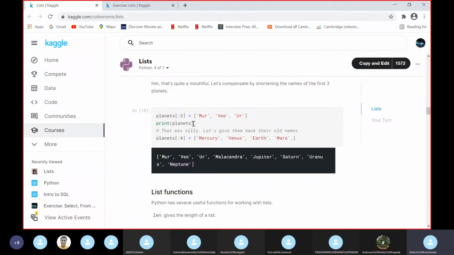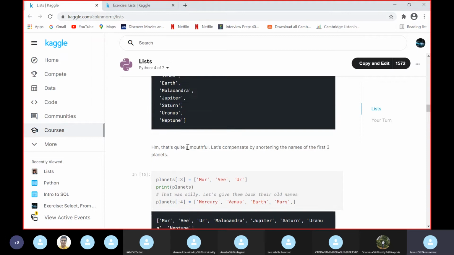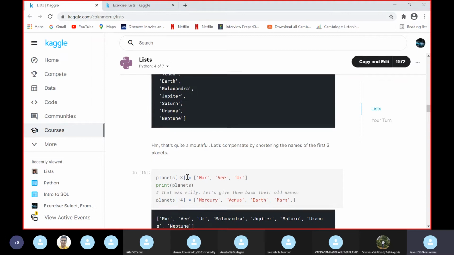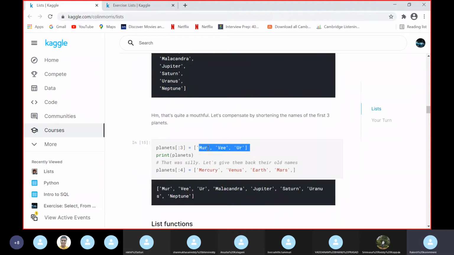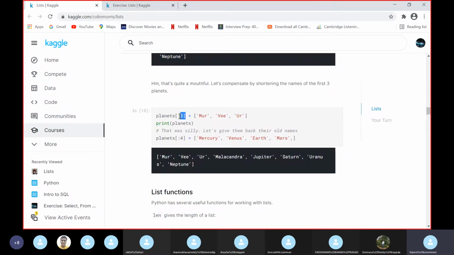We can also change multiple names in the list with this syntax. They followed the indexing method from the start to the consecutive 3 elements in the list and changed their names.